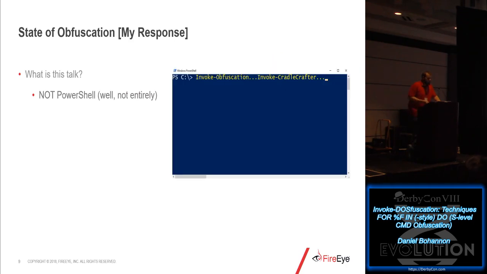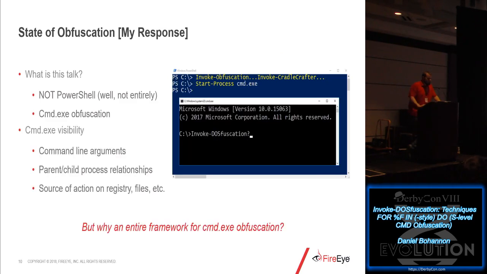So this talk isn't about any of the PowerShell obfuscation. We're going to be completely sticking with cmd.exe. And primarily, as a defender, when people look at detections, you're going to see detections written on command line arguments. That's the easiest to get to or the most common. Some people may pull in things like this binary making this network connection or making many DNS lookups in a given time frame. But you could also look at things like parent-child process relationships,